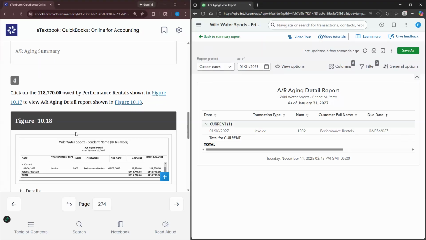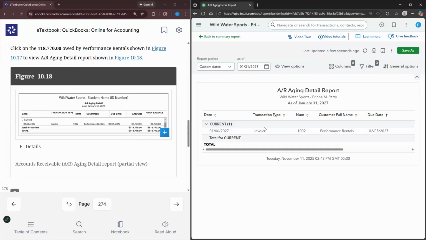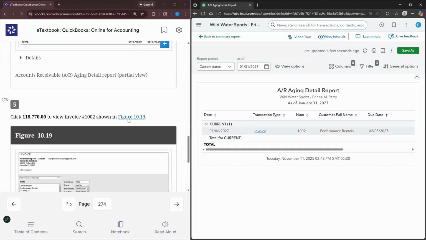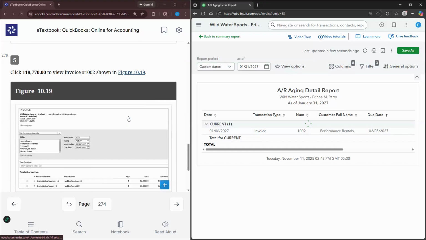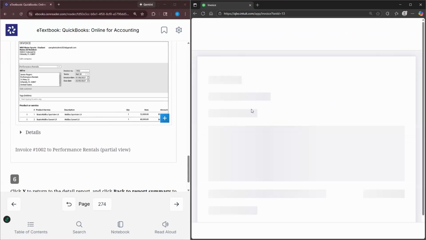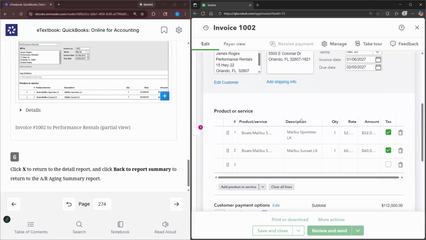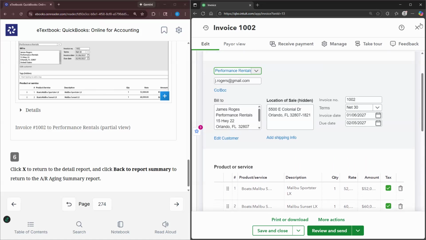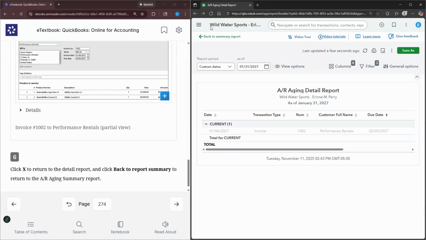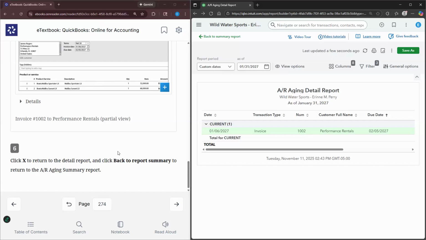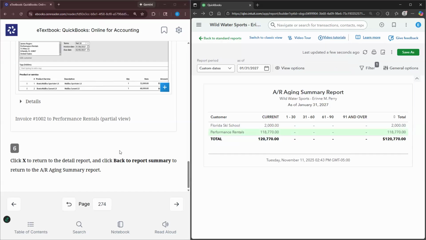So we click on the $118,770 owed by Performance Rentals. And then here we see the invoice. So we click on invoice 1002 and it basically shows us the root, the source of this accounts receivable that's outstanding. So we X out, we go back to our summary report, and that is how we prepare an accounts